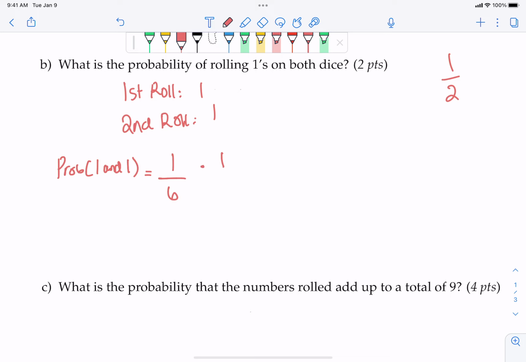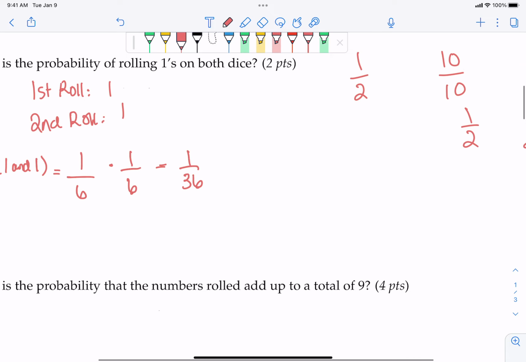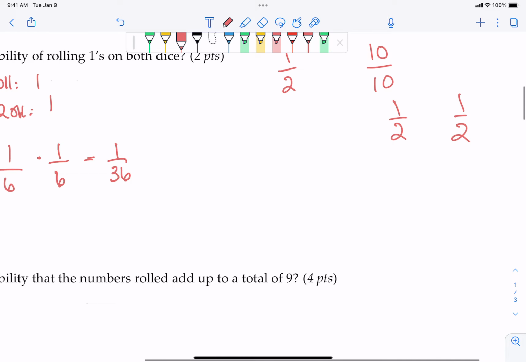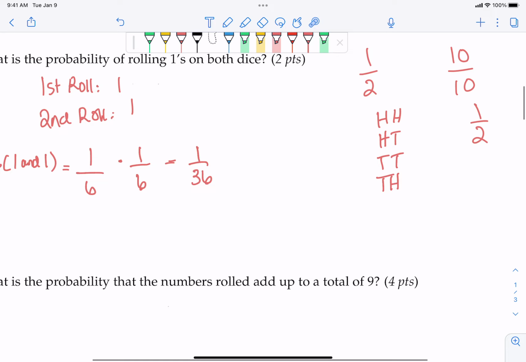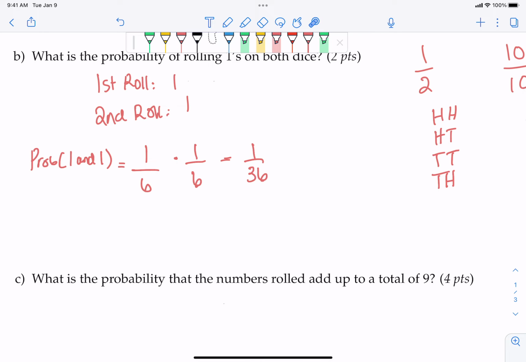So 1/6 times 1/6 should give you 1 over 36. And that's the same as thinking of flipping coins. If I flip the coin twice, I have heads, heads, heads, tails, tails, tails, tails, heads. Well, you can see here's a similar thing: if I'm looking for the probability of getting heads, heads, so 2 heads in a row, like 2 ones in a row, for example,